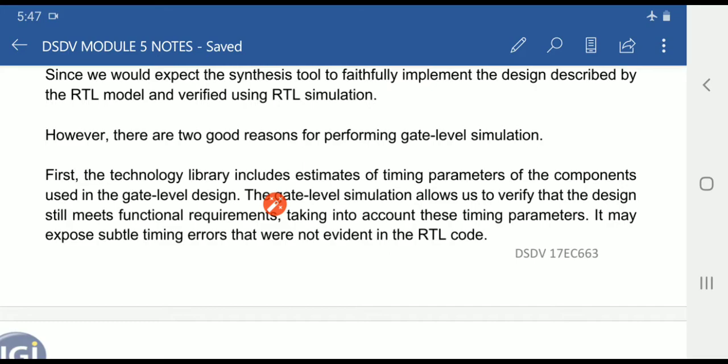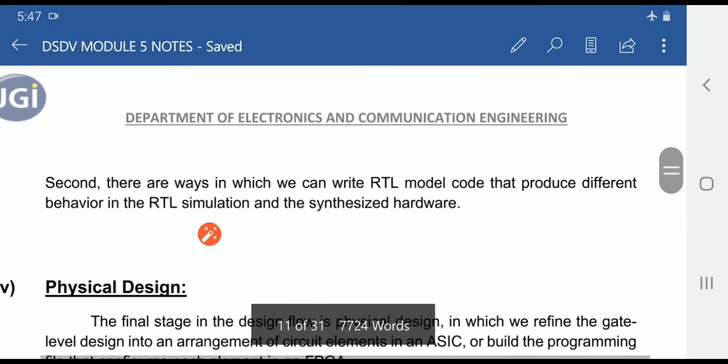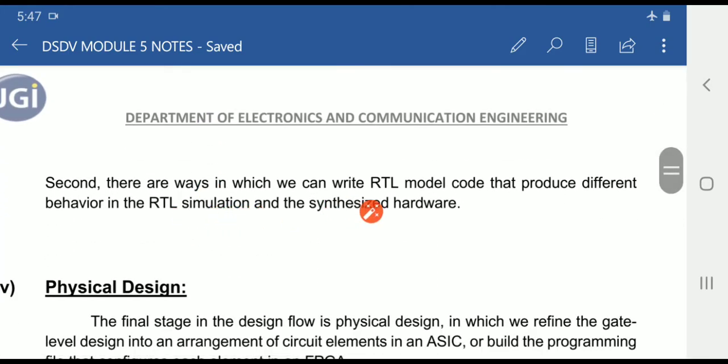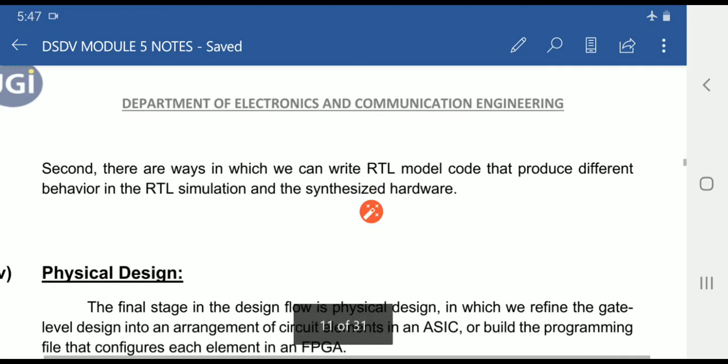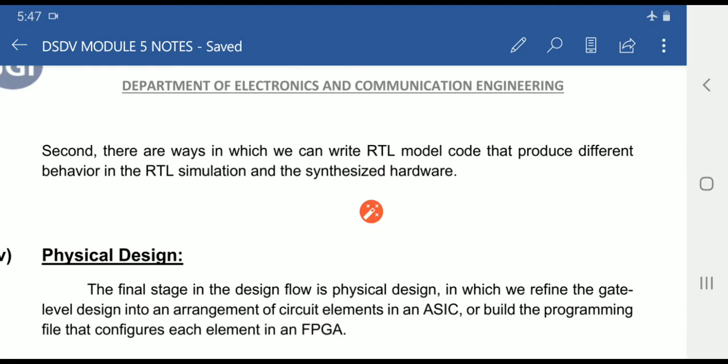Second, gate level simulation allows us to verify that the design still meets the functional requirements. It provides the information that all the requirements and constraints are met in this design. Also, there are ways in which we can write the RTL model code that produce different behavior in the RTL simulation and the synthesized hardware.